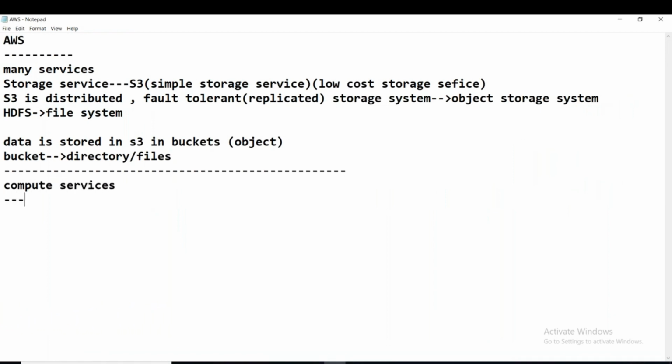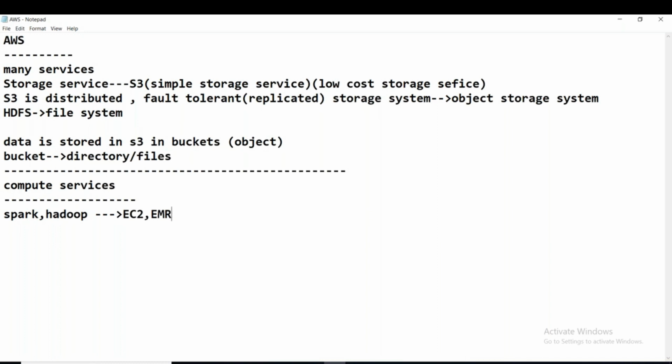Be careful, guys, while we are using compute services, because if you want to run Spark applications in AWS, Spark and Hadoop, the compute services we have to use are EC2 or EMR.